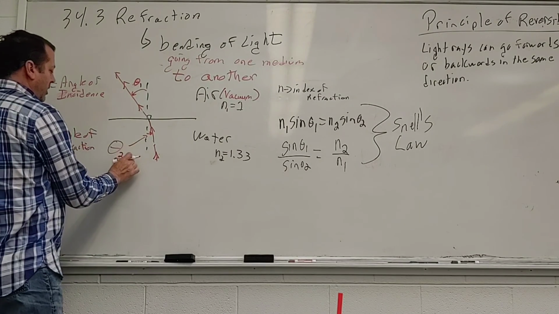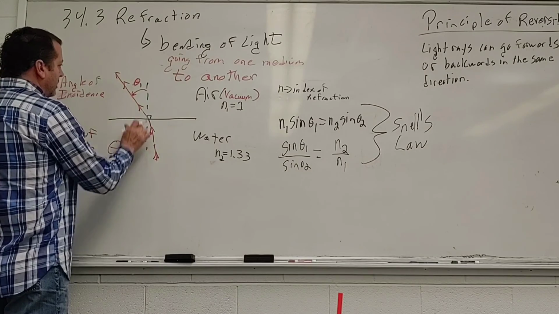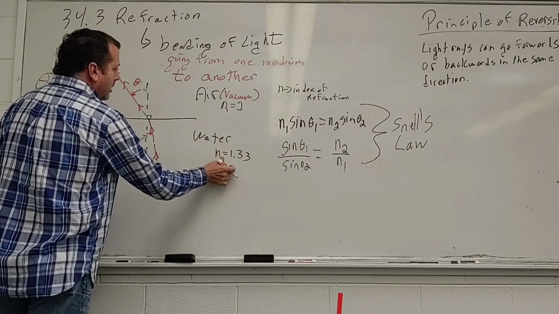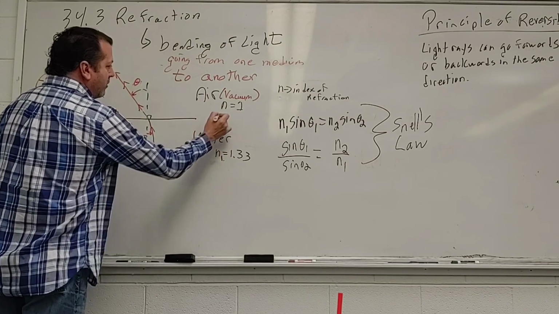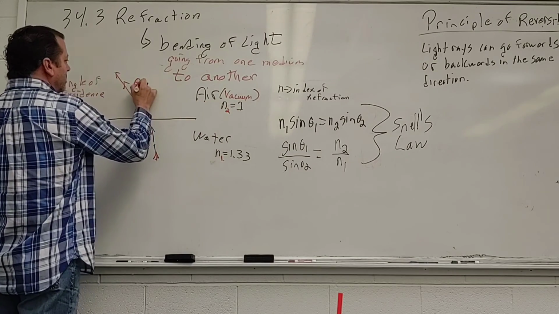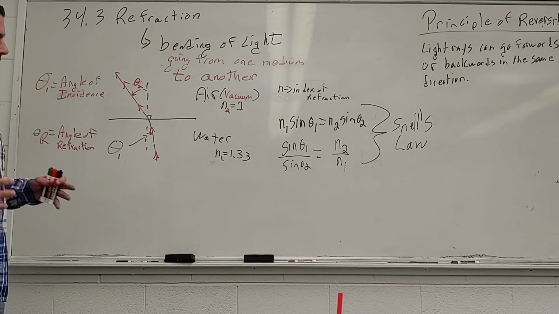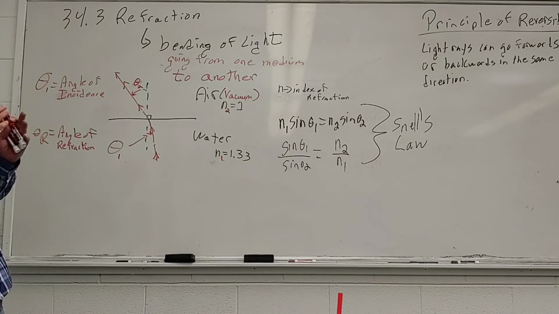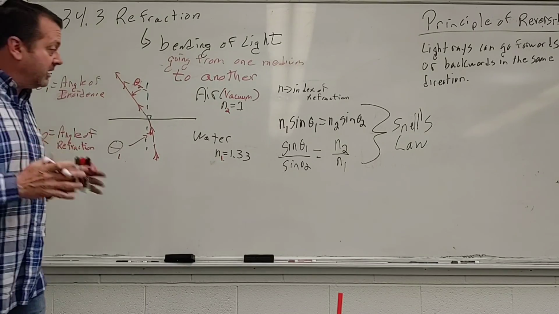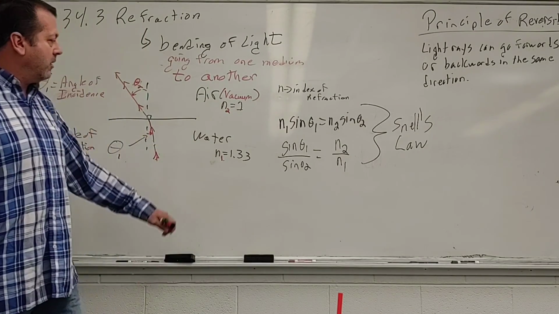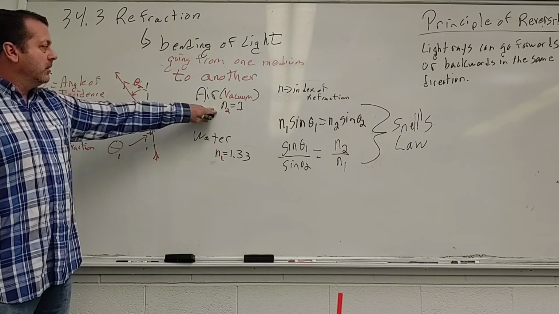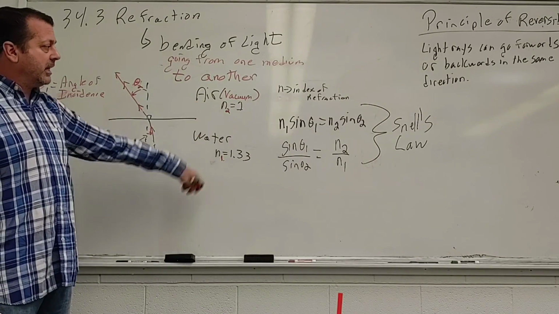If I'm going this way, I just need to call that 1 and this 2. That would be 2 and that would be 1. I've got to just keep it right in the direction I'm going. So if I always make the light in 1 and what is refracted to as 2, the second one,